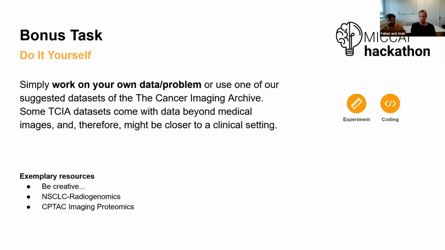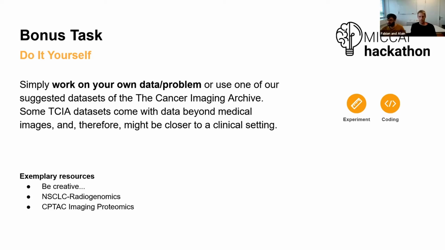You can also use one of our suggested data sets from the Cancer Imaging Archive. They're pretty interesting because the data has also resources beyond medical images and might therefore be closer to a clinical setting. So here I think it's important to just be creative, work on whatever you like, and find some people to work with.